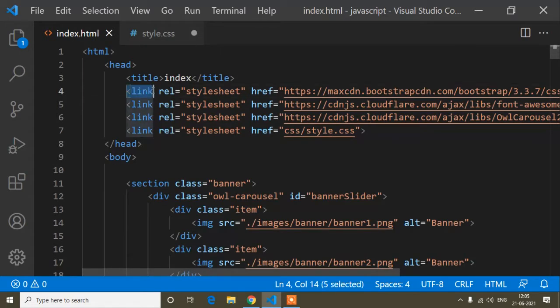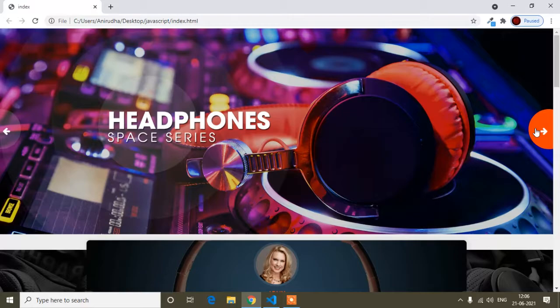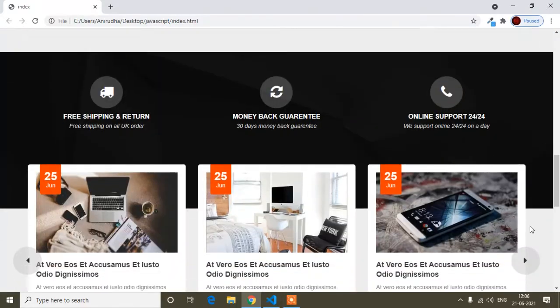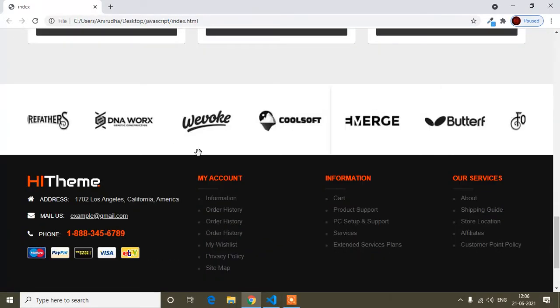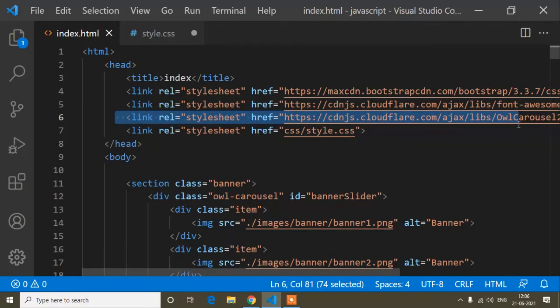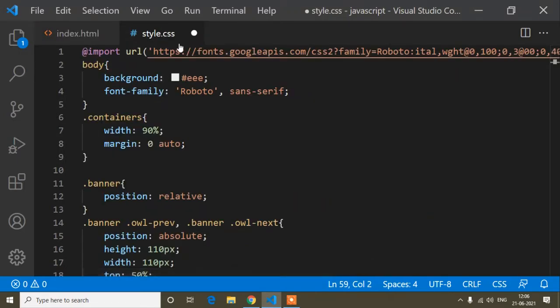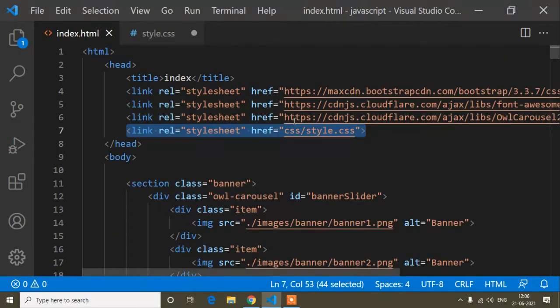Here I have added some links: this is the bootstrap css link, this one is font awesome, and this one is the owl carousel link, because in my project, as you can see, I have added owl carousel three times. And this one is for style.css, our custom css file.